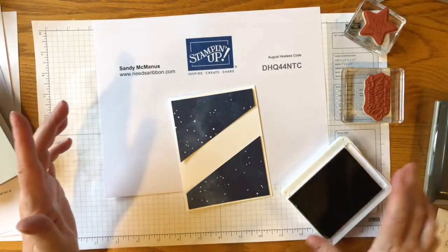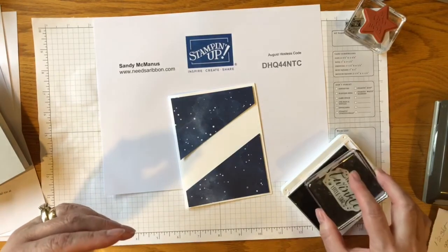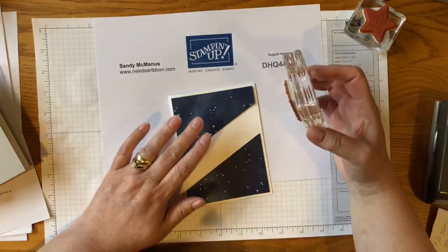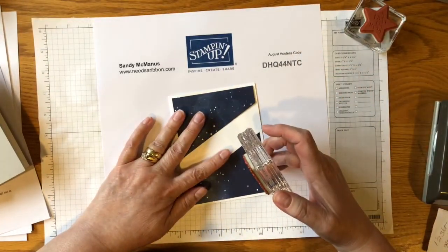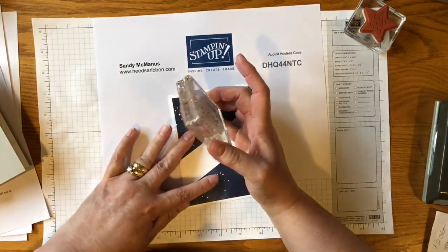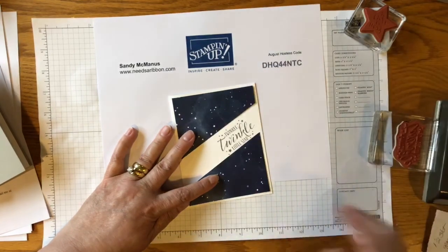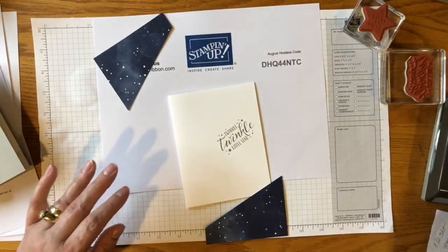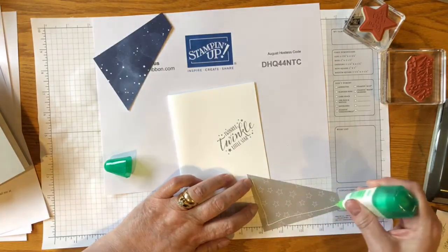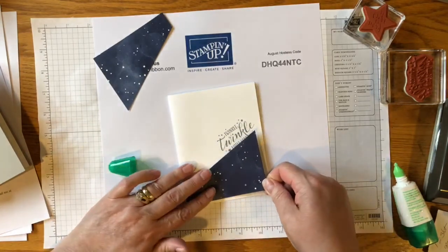It's always a little more nerve-wracking doing something live, even if I'm okay doing this. So ink up your stamp. Set aside your ink so you don't lay your hand in it. I'll put it up here. So we have that, and then you want to, sorry about that quiet there, glue this down. And I will finish, I don't think I have much, I will decorate this off and show it in my next live, but